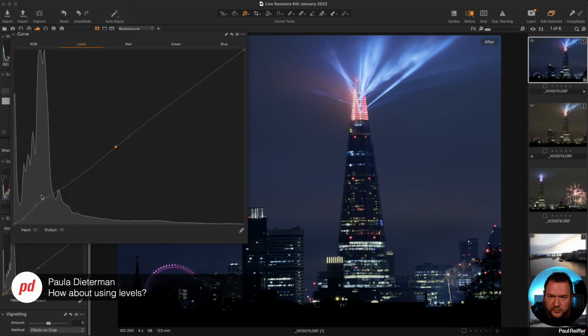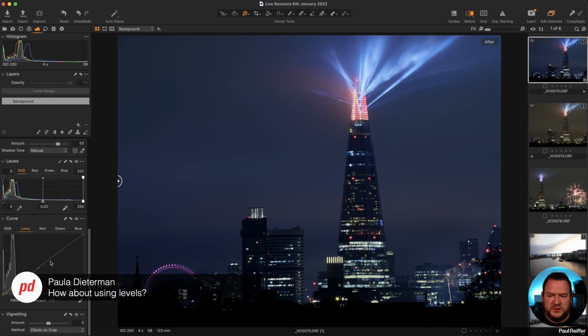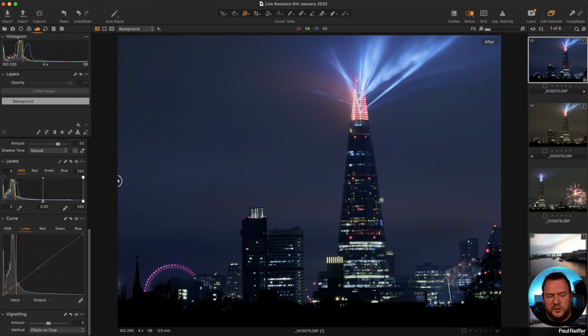Whereas levels is just split in 3: the midpoint, the white point, and the black point. With curves, we can actually take just this data and make tiny adjustments to certain values, regardless of whether they're a highlight, a shadow, or anything else like that. So with that change done, let's do a with and without. That's without. That's with. We do get a bit more of a pop, but it would be something that I wouldn't suggest using levels for. I would suggest using curve instead.